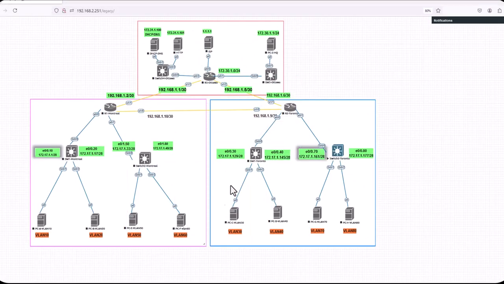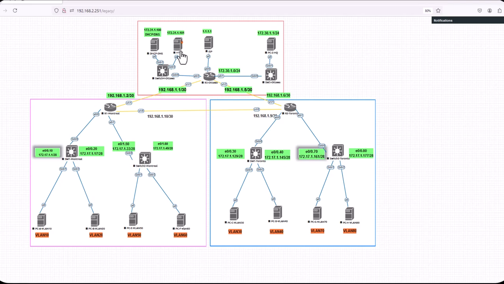So I have built the topology in EVE-NG, and I'm just gonna turn on my devices and do the configurations. As you can see, we have added 4 more VLANs, VLAN 50, 60, 70, 80, and we have added another switch in each location, the switch in Montreal and the switch in Toronto, and we have a DHCP and DNS server and